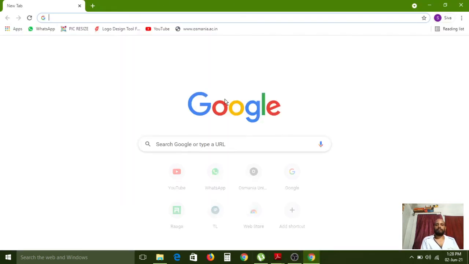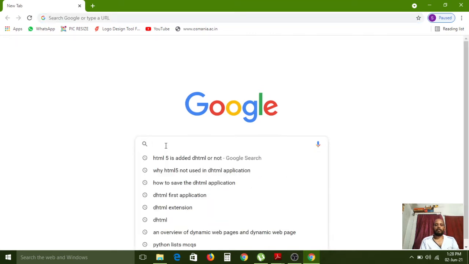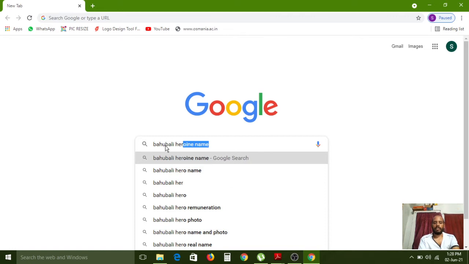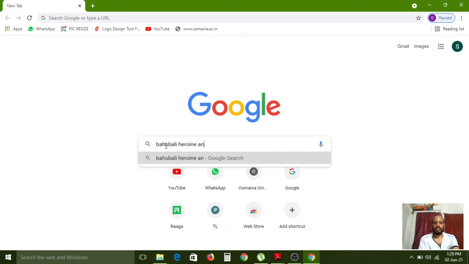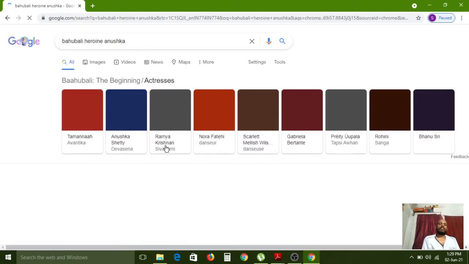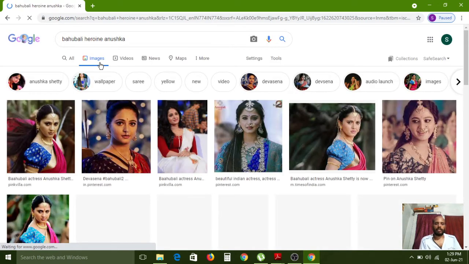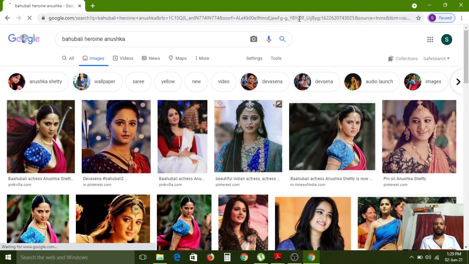All of you carefully observe. Here one example I am showing, nothing but the Bahubali heroine Anushka. Carefully observe. Here I am showing some images, then only you can understand the CSS concept.